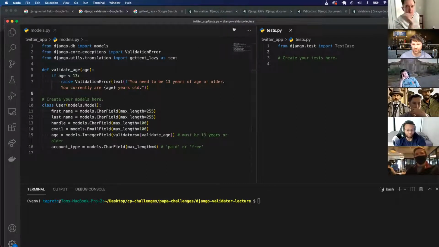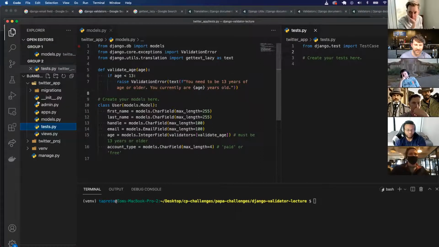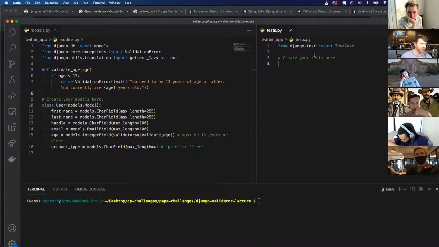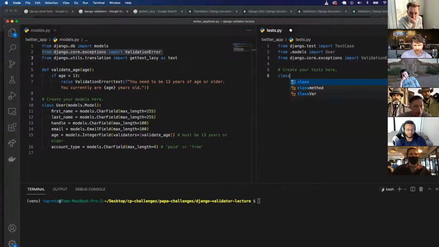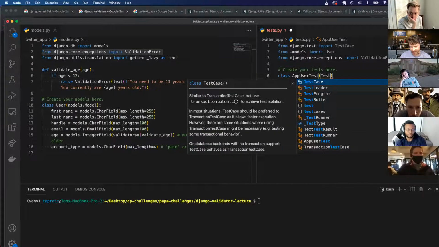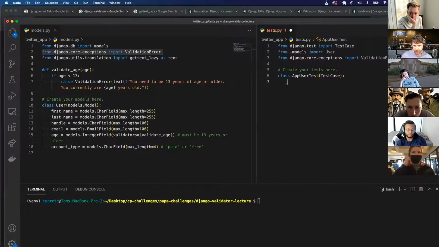So I've got inside of my Django app, inside the tests, we can go ahead and create, let's go ahead and import from models, import the user model. And we're also going to import the Django validation error as well. So I'm going to create a test app user test inherits the test case class from Django. And I'm going to do def test 01 create user